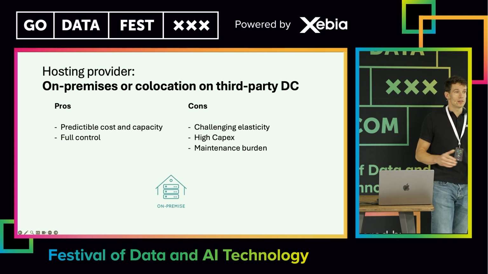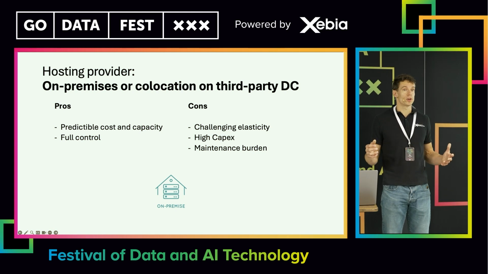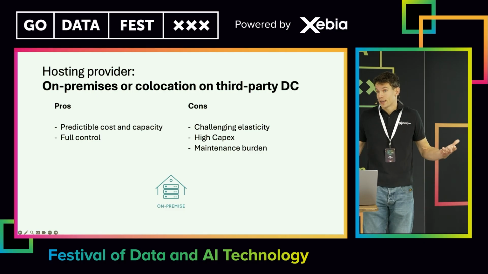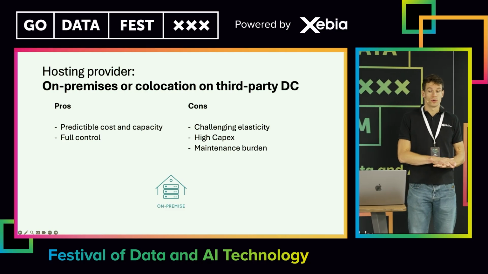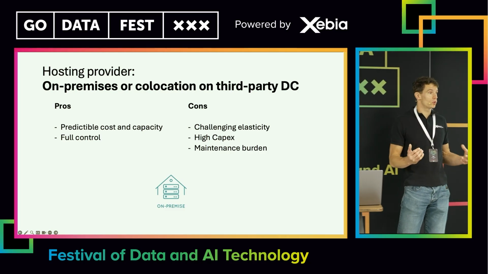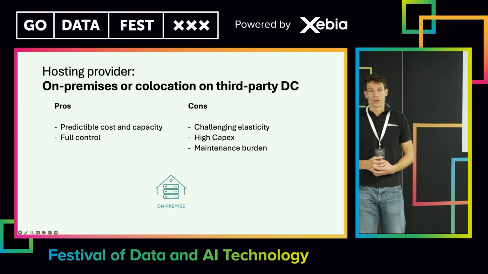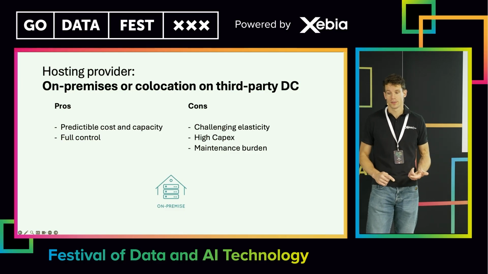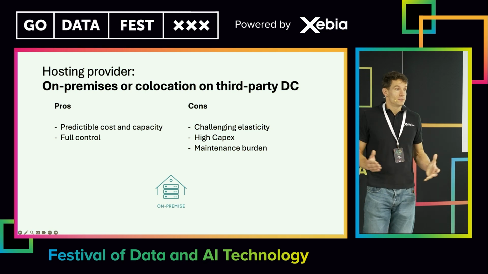And then finally, for people that really want full control, you can buy your own machines and run them on premise. Advantages are, like I said, you have full control, you run everything, but that's at the same time also the downside. You have predictable cost and capacity, you know exactly what you can run, but you are not very elastic. If you want to scale up, you need to buy a new machine. You need to have procurement, you need to install the cooling, install the physical equipment. So that's the downside.